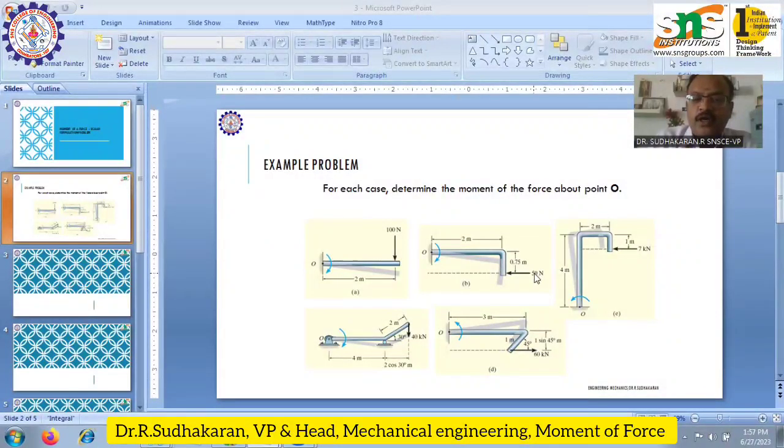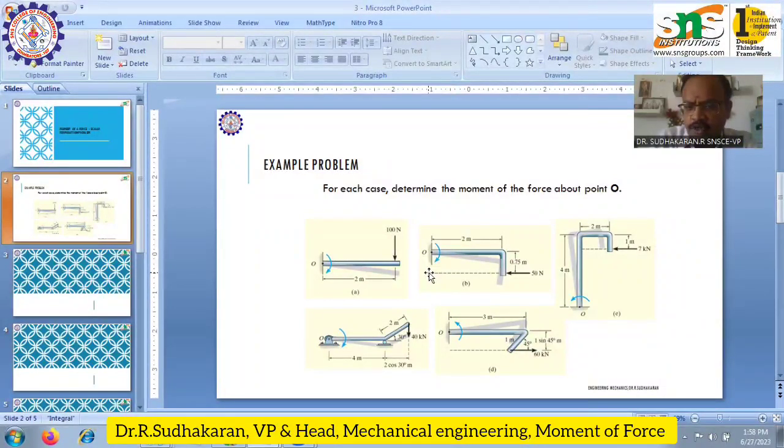Now the moment of the force 50 Newton about point O you have to determine. The 50 Newton force is acting in this direction. As per the principle of transmissibility, force can be transferred to any point along its line of action. So for the 50 Newton force, you can transfer this force to any point on its line of action. So if you bring this force here, now